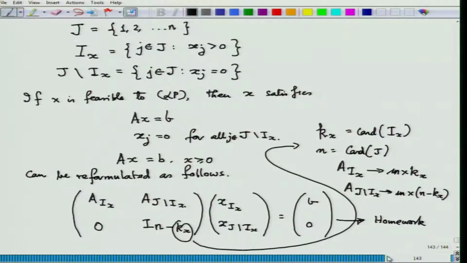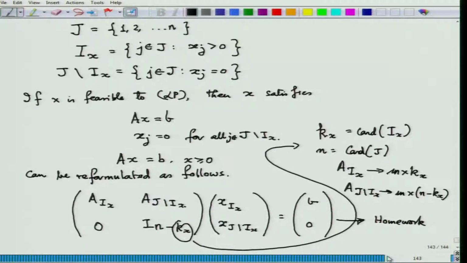And we are telling that if X is the only solution of this equation, having these particularities, that X is equal to 0 for all these J's, then Ax equal to B and X greater than or equal to